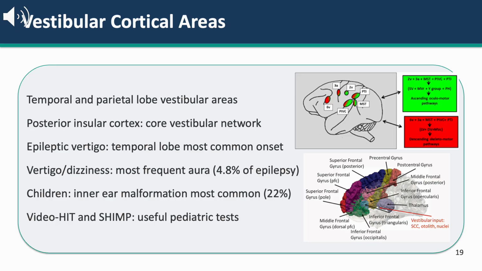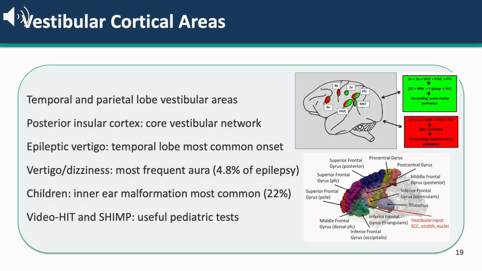In a study of 831 patients, vertigo or dizziness was the most frequently encountered aura at 4.8% of the sample population. In 27 children presenting with vertigo, the most common etiological factor was inner ear malformation at 22%, followed by cochlear implant surgery and migraine at 11% each. Video head impulse testing and the SHIMP paradigm are effective vestibular tests for distinguishing peripheral from non-peripheral etiology in the